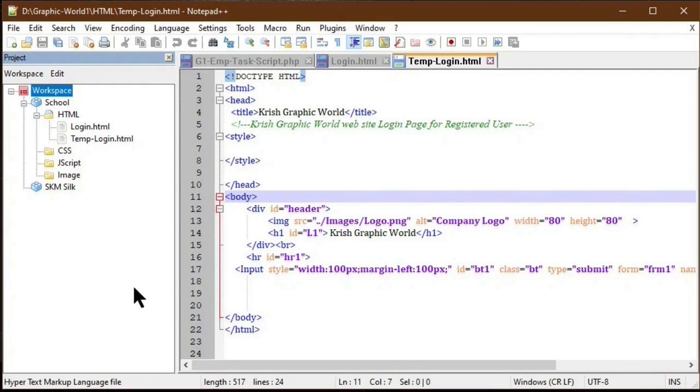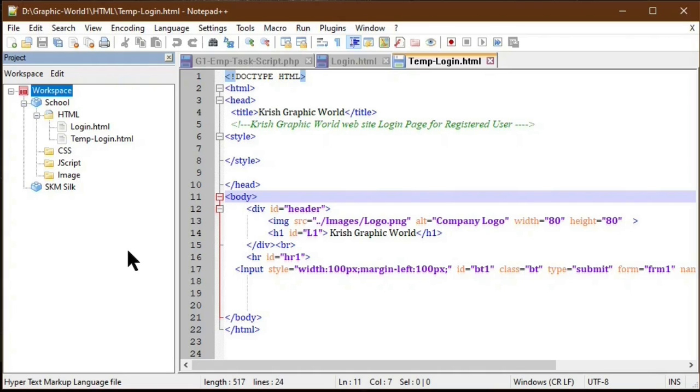The workspace and the folders created in Notepad++ are not real folder creation. It will not create any folders in the computer system. It is a virtual folder creation, and it will create one XML file as a project, and it will store all this folder creation and files allocated to that system, so that we have to save this project environment. Then only in future we can access that project settings.